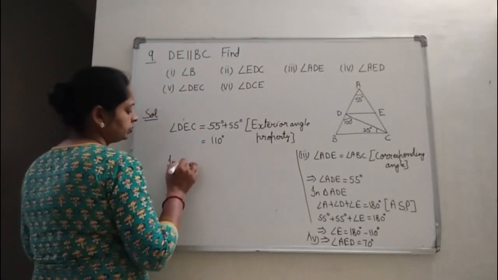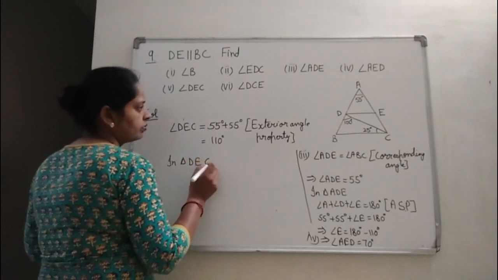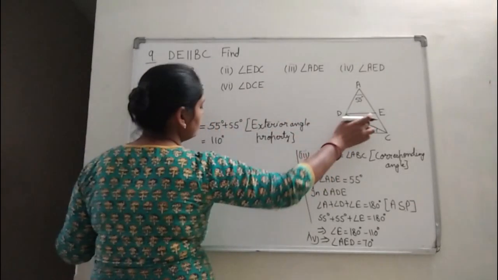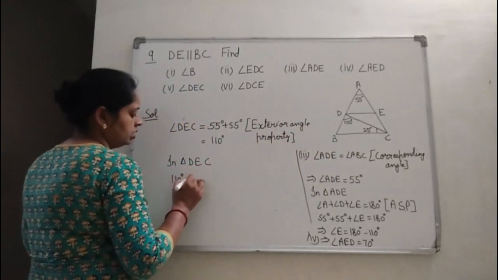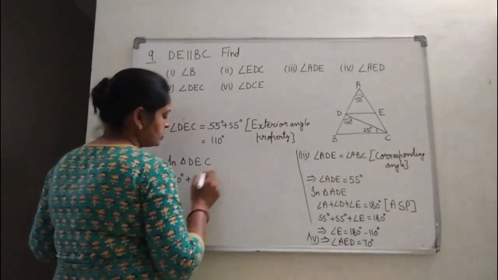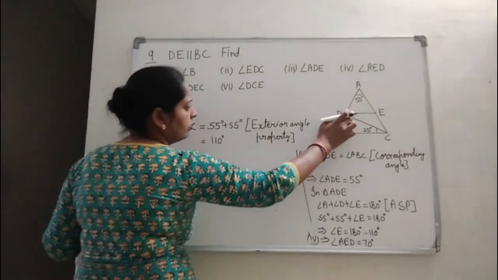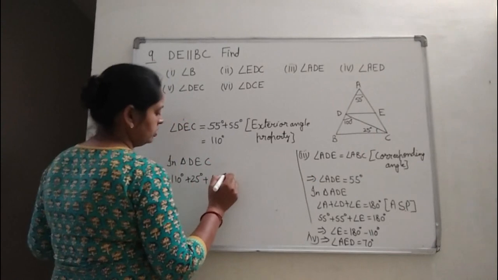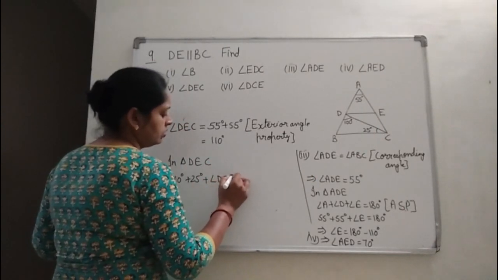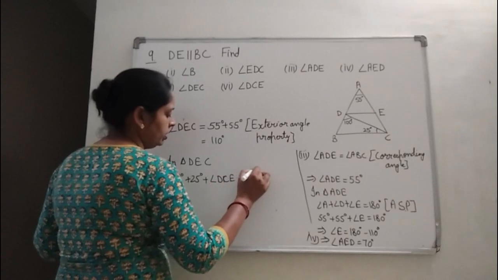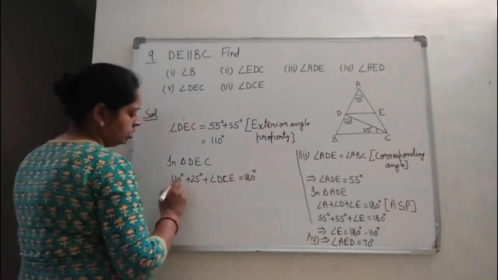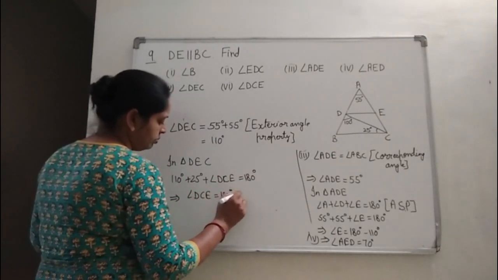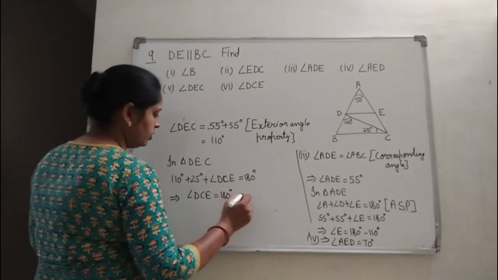In triangle DEC, sum of all the angles will be equal to, we have calculated this, DEC is 110 degree plus angle D is 25 degree by alternate angles plus angle DCE, we need to calculate, that is equal to 180 degree. From here we got angle DCE is equal to 180 degree minus 110 plus 25 will give you 135,